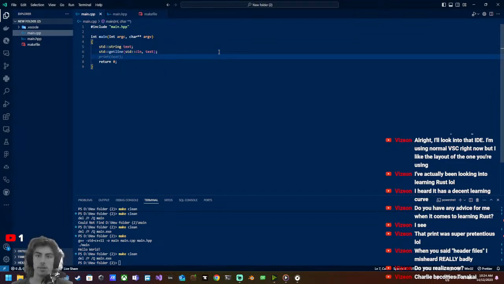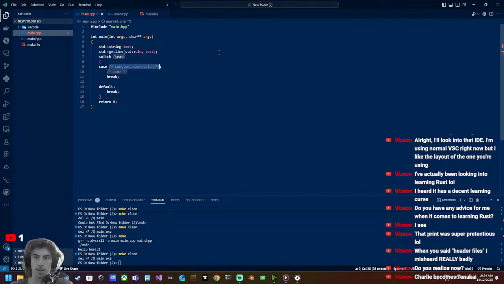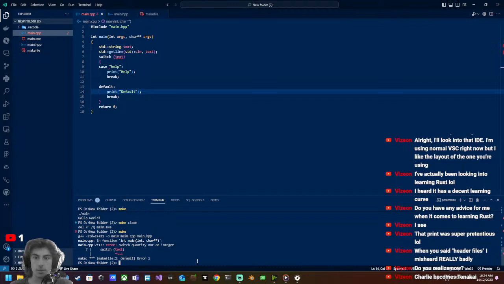Alright, now we can do switch text, case help, default print default. Now we just run make. Error: switch quantity not an integer. What do you mean not an integer? Oh yeah, because